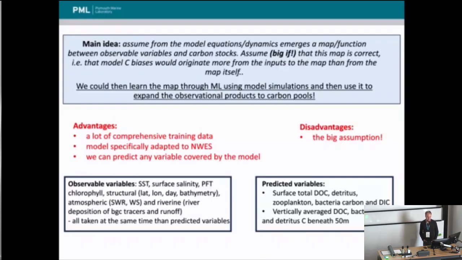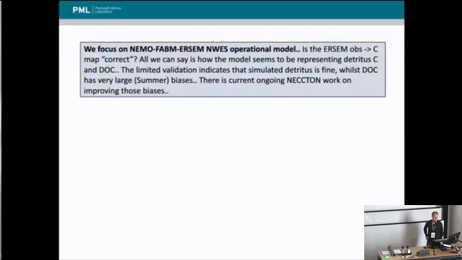So that will be the dissolved organic carbon, detrital carbon, zooplankton carbon, bacteria carbon. And we predicted them on the surface, but we're also predicting them vertically, the ones that are really interesting, such as dissolved organic carbon, DOC, detritus, and bacteria. So now, this slide I'll go through very quickly, but you can consider the model not being really a map,